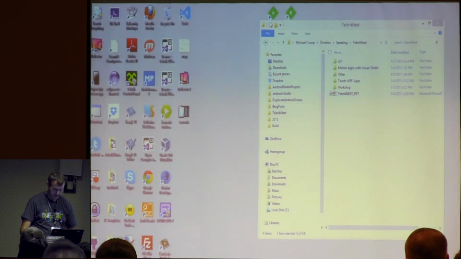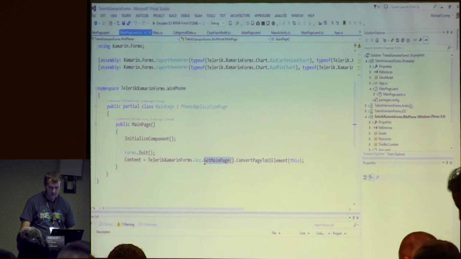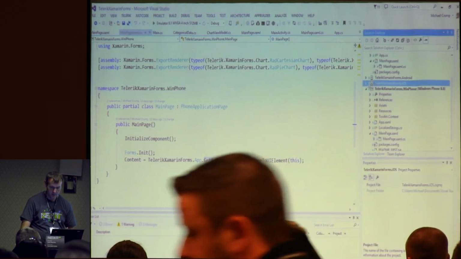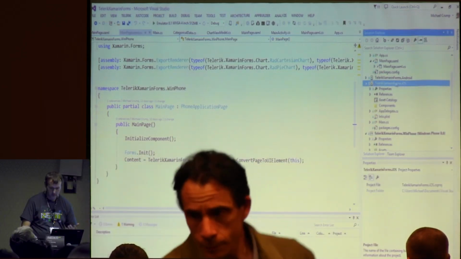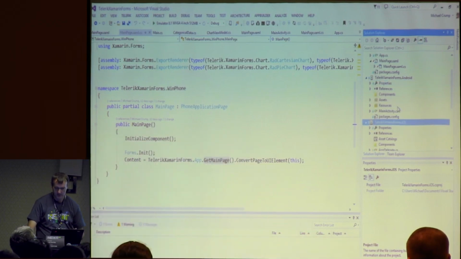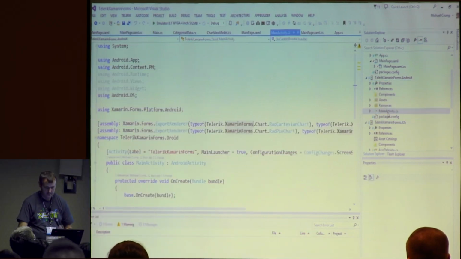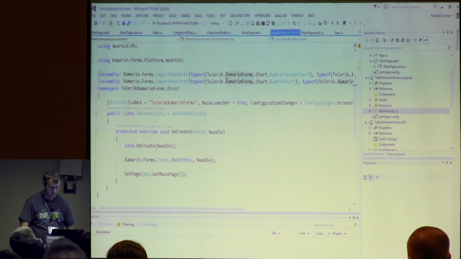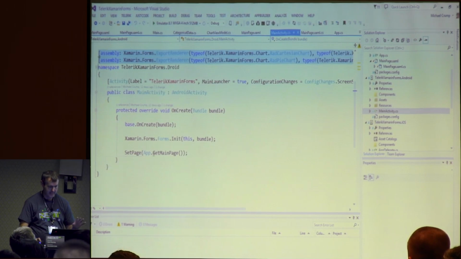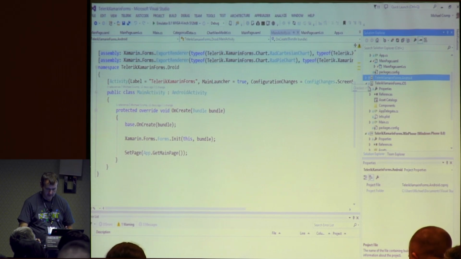There's a couple of things that obviously you'll have to pay attention to inside of each one of these projects. So when you start looking back through this, and I have the code that's available, like the main activity.xaml, you'll see we have some assembly references here, and then you can see it's slightly different here for Android. It's set page app.get main page. So you'll notice there's just a few differences here, and then the other one is for iOS,